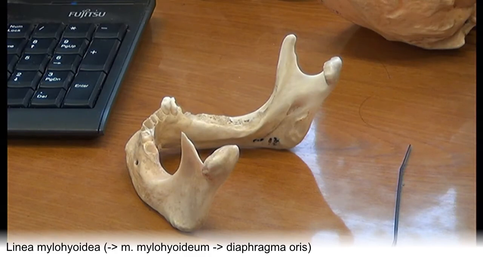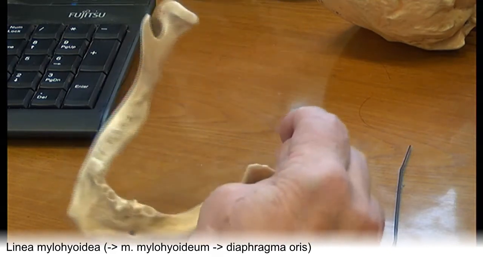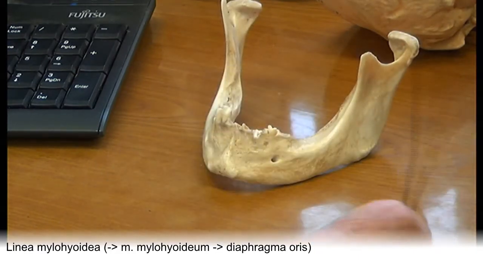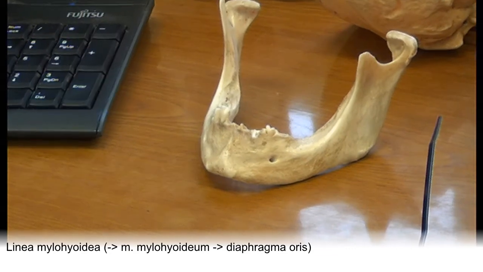Os oris means the mouth. So diaphragma oris means diaphragm of the mouth. So now we finished studying the main features of os mandibula,